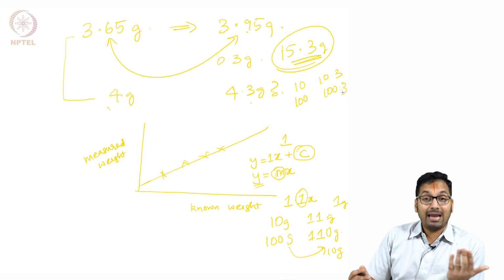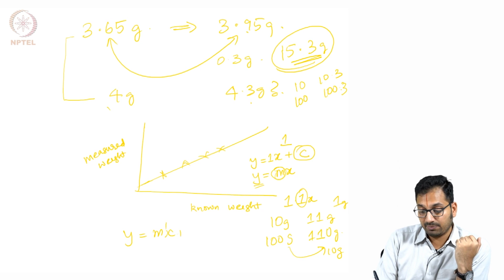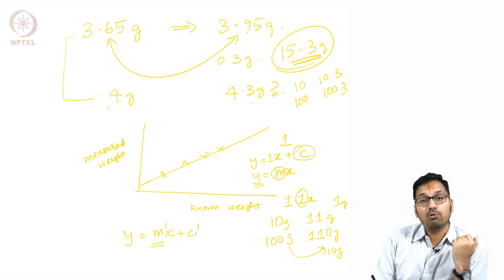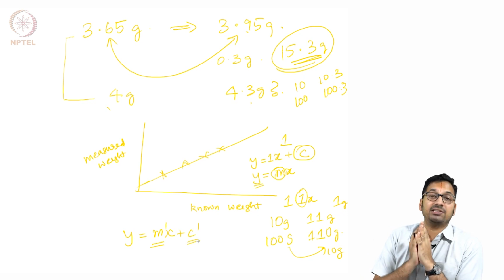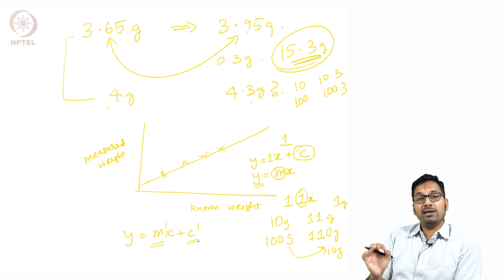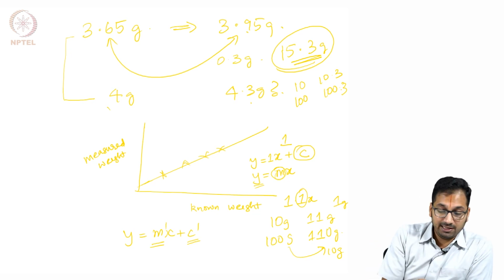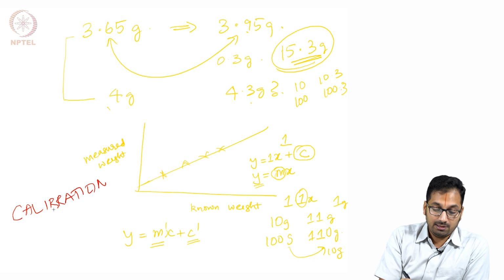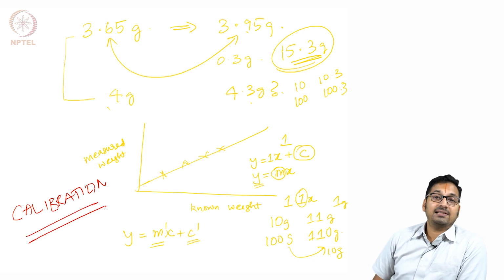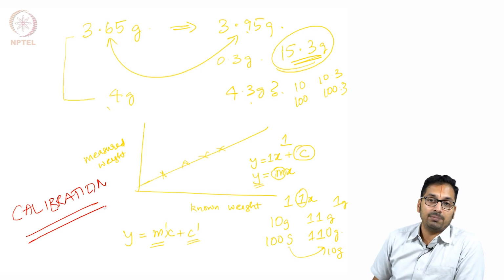On the other hand, you could have cases such as m prime x plus c prime, where there is both a slope and an intercept associated, where one has to be extremely careful, and these are the reasons why one should always calibrate an instrument before using it for any experiment. So calibration for different experiments is an extremely important step in order to get as reliable values as possible and minimize systematic errors that could come up.